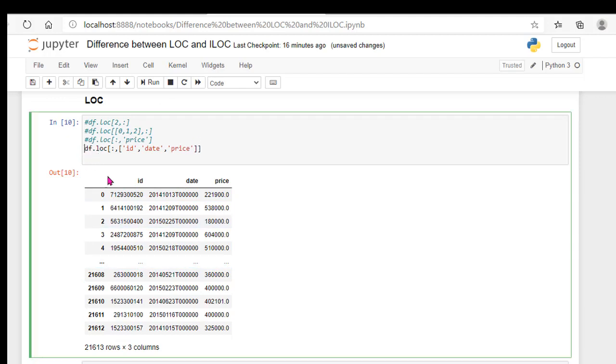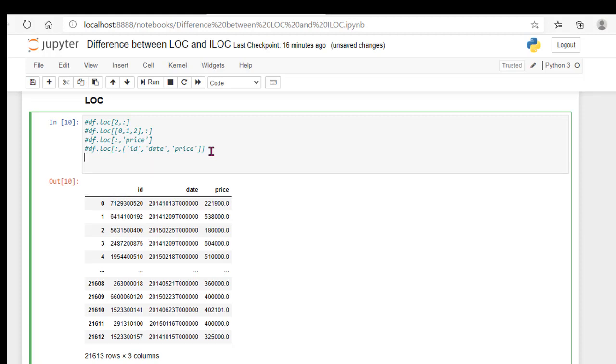Now we will use the range operator for selecting rows and columns using the loc method, df.loc. Here I have taken 0, 1, 2 for the multiple rows. If I want to mention the range, I use the range operator 0 to 2, comma, all the columns.